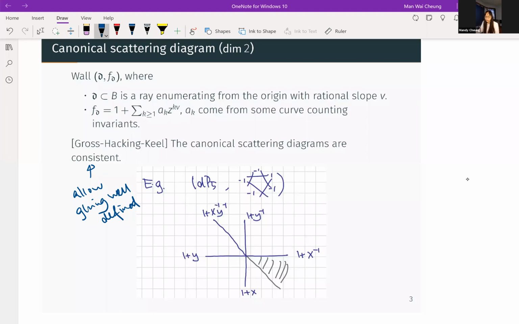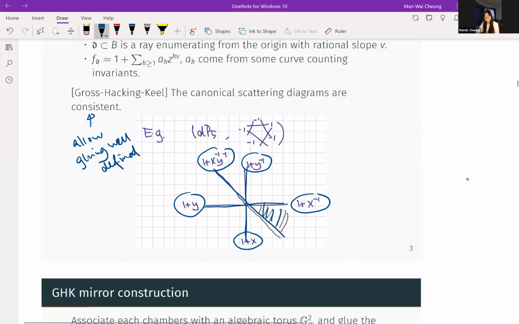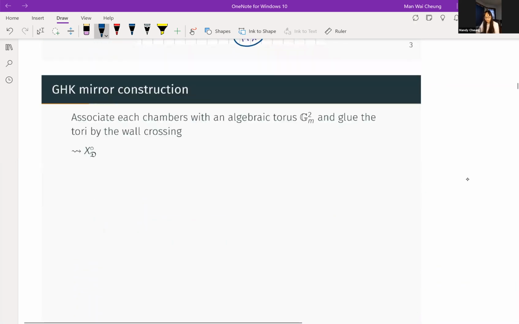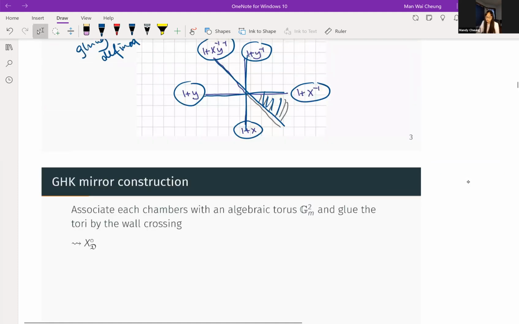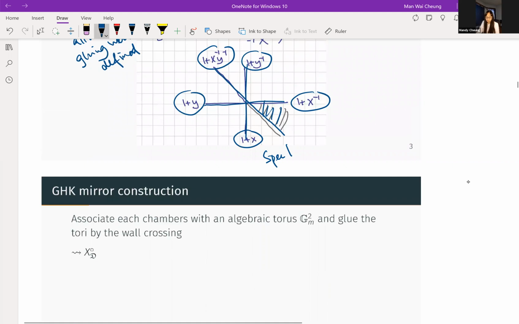As an example, we have this cone decomposition in the last slide, and here are the wall functions that we associate to this cone decomposition of the scattering diagram. The next thing, in Mark's talk, is that to each cone we associate, and I directly copied and pasted from his talk today,